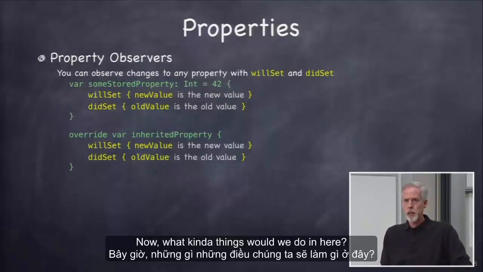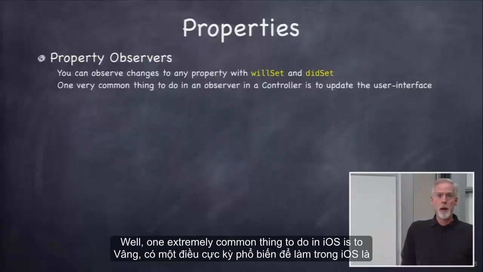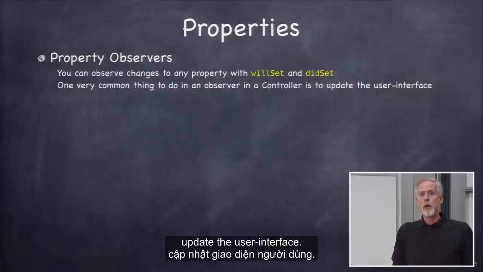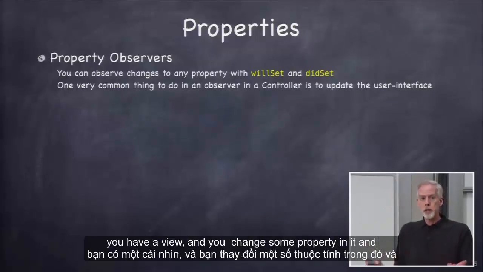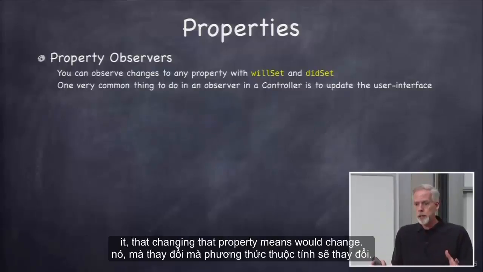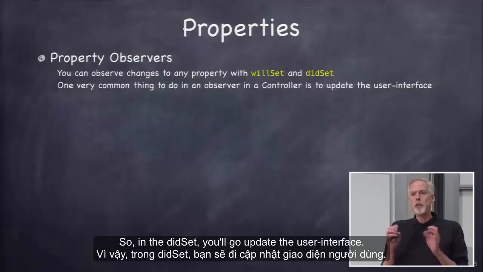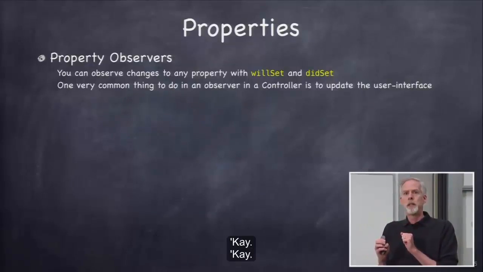Now, what kind of things would we do in here? Well, one extremely common thing to do in iOS is to update the user interface. So you have some view controller, let's say, or a view, and you change some property in it, and changing that property means the UI would change. So in the didSet, you'll go update the user interface. Does that make sense? Okay, so